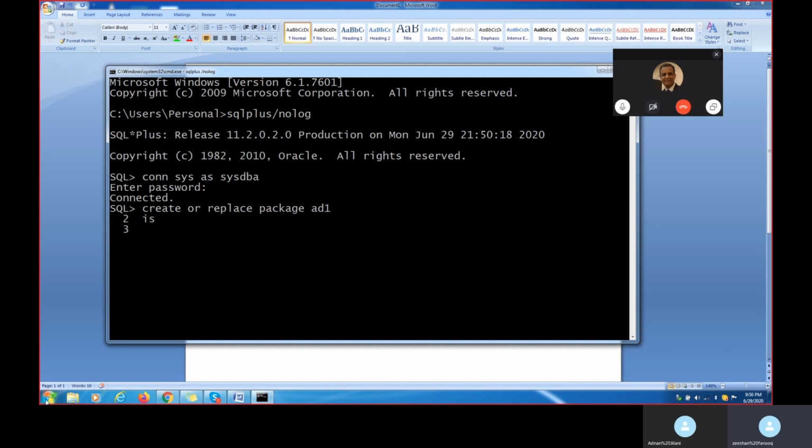Then is, and I'm putting two procedures in it. I told you we can create multiple procedures and multiple functions. So let's create two different procedures inside the package and execute them, and then we'll combine procedures and functions.